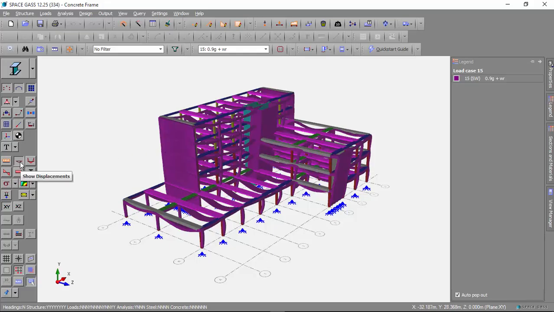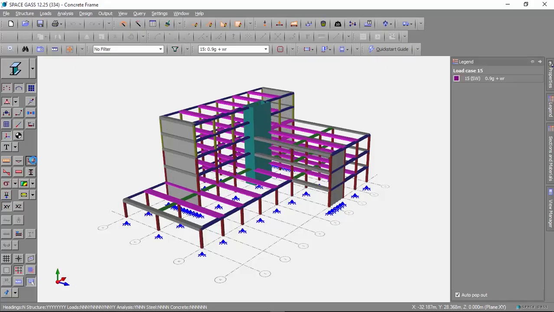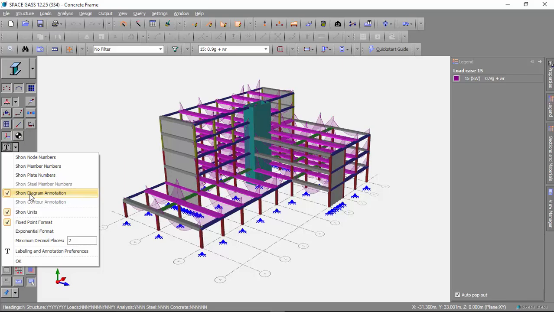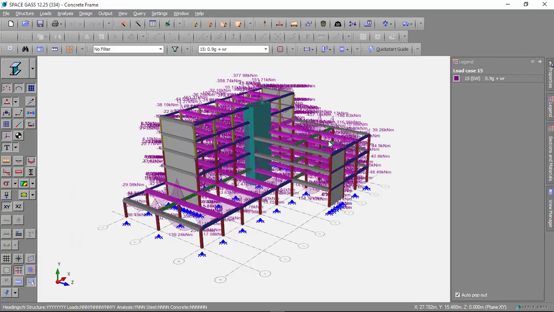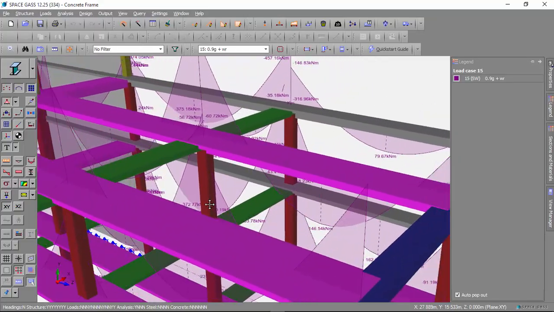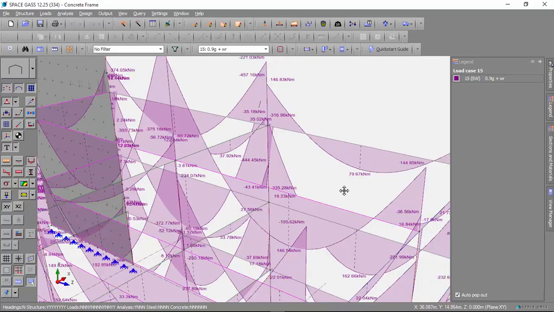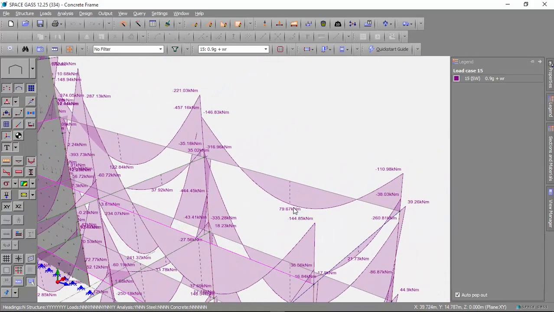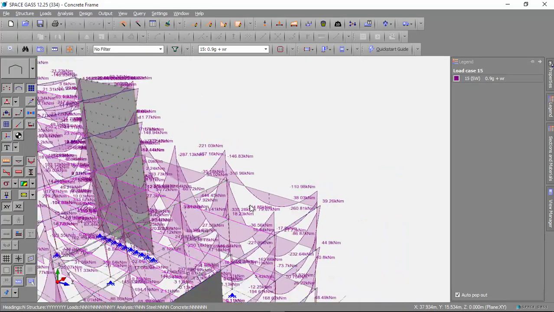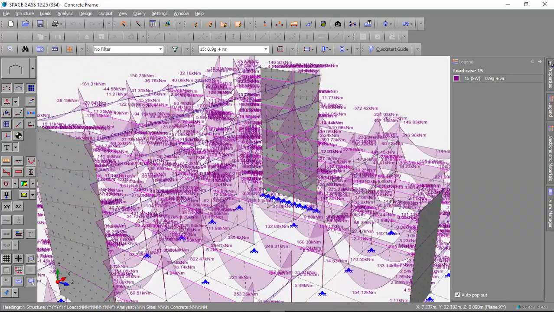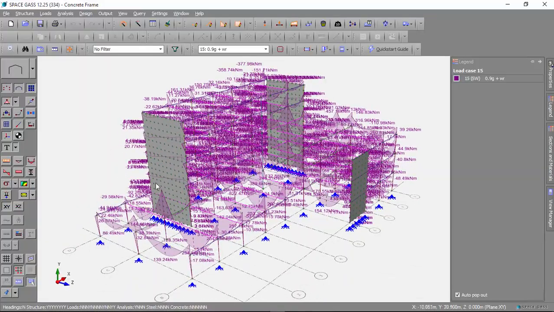Or we could look at, say, the bending moments, turn the values on, and maybe zoom in a little bit. Sometimes it's handy to look at these in wireframe because you get a bit less congestion when you're trying to see what the diagram values are. And as you know, you can also get